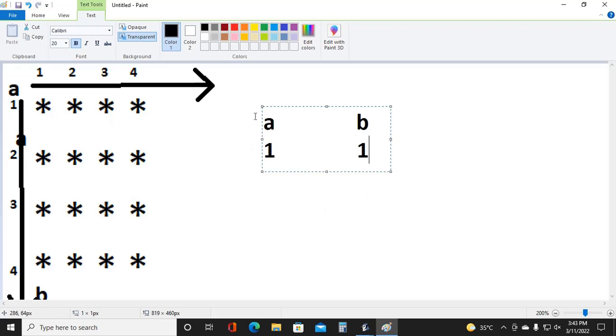Then it will go up, and b's value will increase to 2, and when it is 2 it is also smaller than 4, so it will again print 1 star and a space. Then again its value will increase and it will become 3. Then also it is smaller than 4, so it will print 1 star and a space. Then it will become 4. 4 is equal to 4, so it will print 1 star and then a space. Then its value will increase to 5,